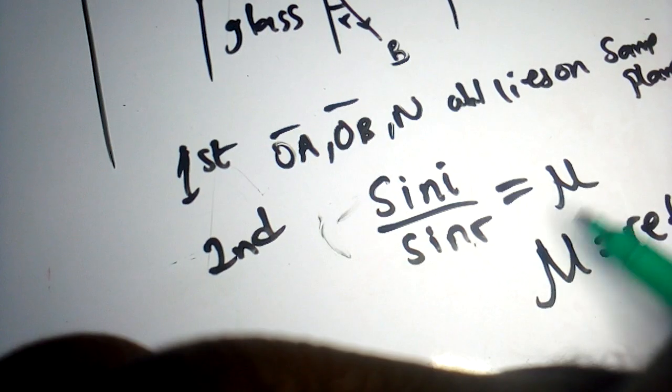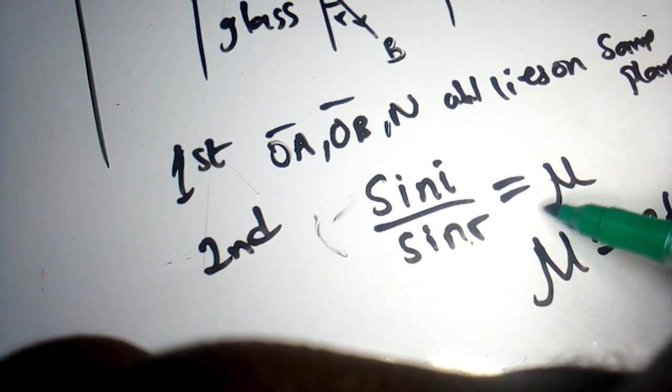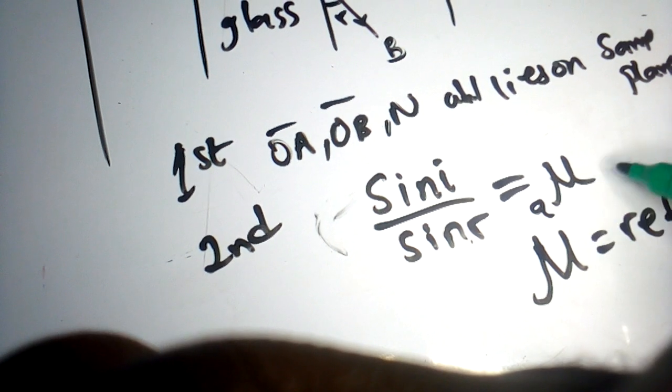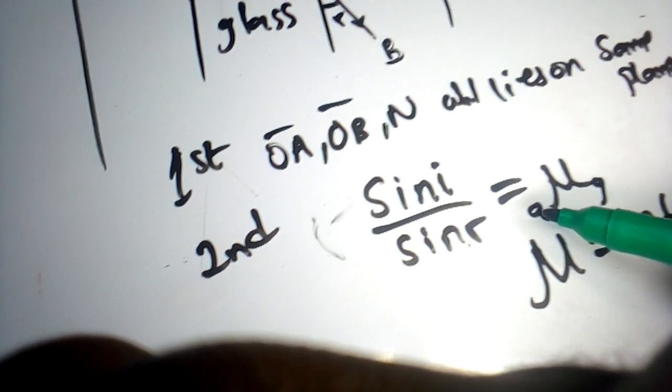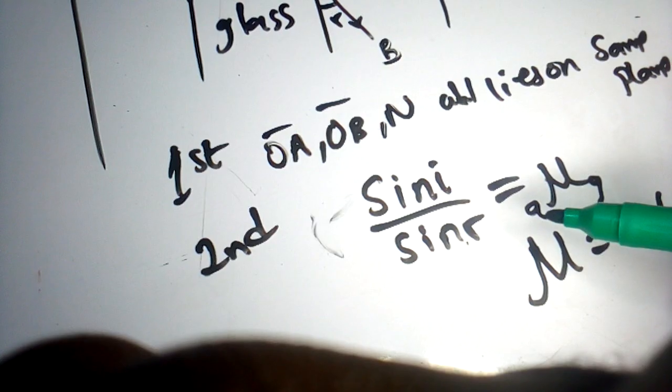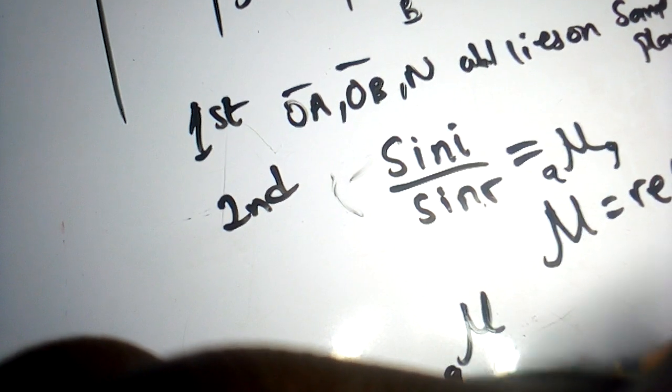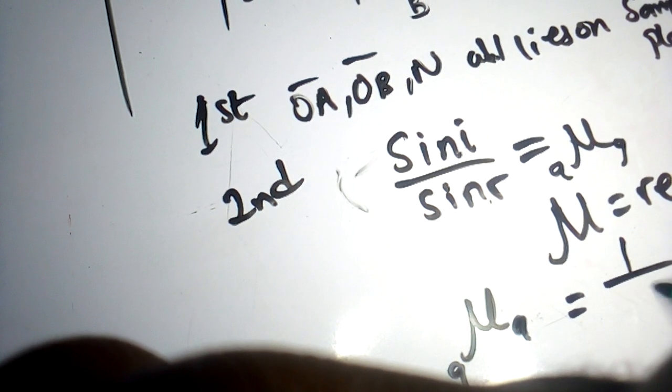So this refractive index is the refractive index of a medium from air to glass. If the ray is traveling from glass to air, the refractive index from glass to air will now be the inverse of the refractive index